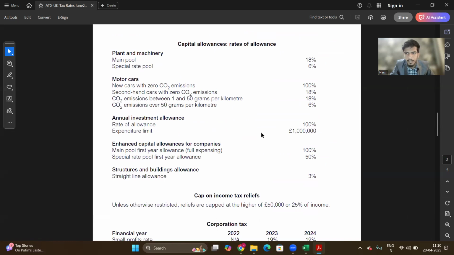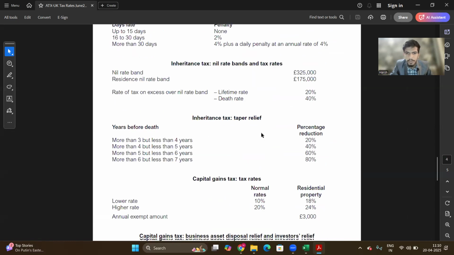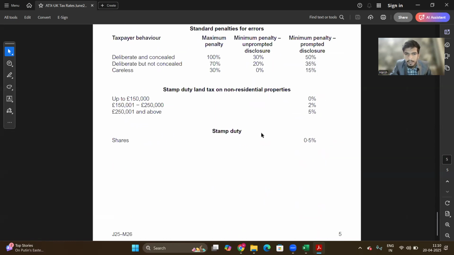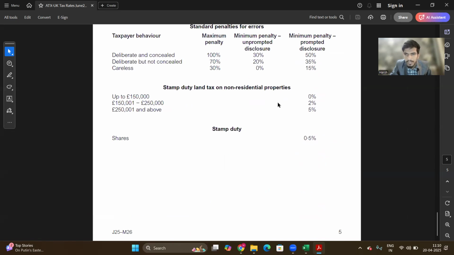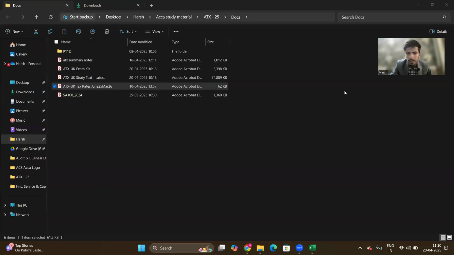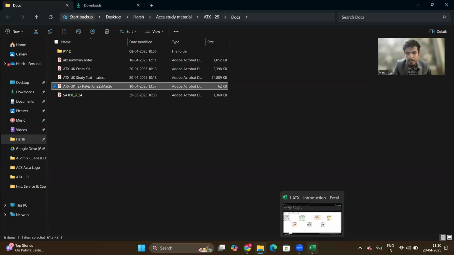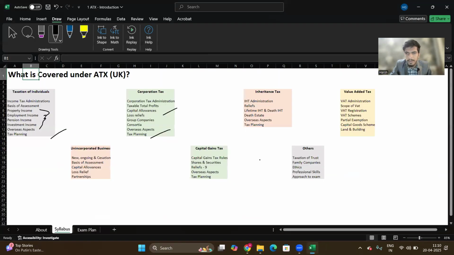यहाँ पे आपको पेंशन लिमिट्स, कैपिटल अलाउंस रेट्स, कॉरपोरेशन टैक्स रेट क्या है, स्टैम्प ड्यूटी के रेट क्या है, ठीक है, सबके रेट्स आपको देखने को मिल जाएंगे, ठीक है। तो आपको ये सब चीजों के बारे में सोचने की जरूरत नहीं है, क्योंकि एसीसीए यहाँ पे आपके ये जो बेसिक चीजें है ना वो ध्यान रखता है, ठीक है। ऐसा नहीं कि भाई आपको एक एक चीज याद रखनी पड़ेगी।